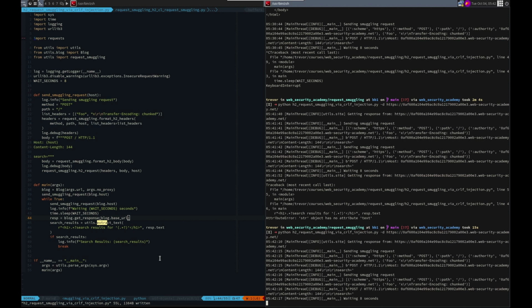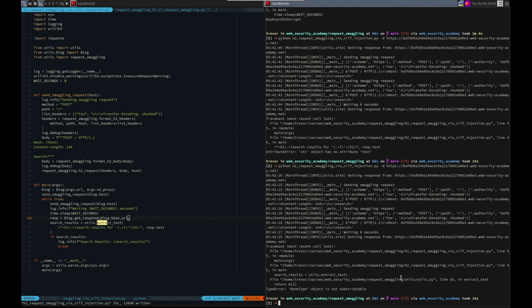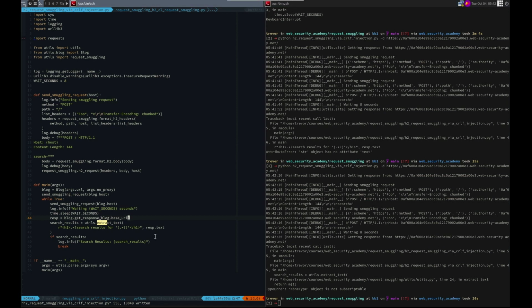What we're looking for is the search results from the victim. Gosh dang it, what now? Getting results from none type object is not subscriptable. Oh, yeah. That's because